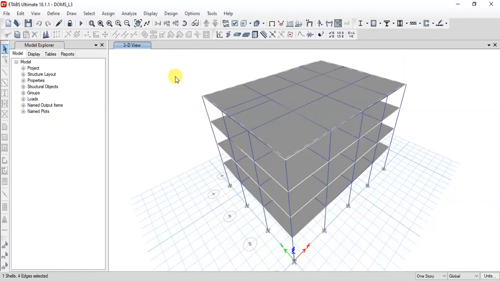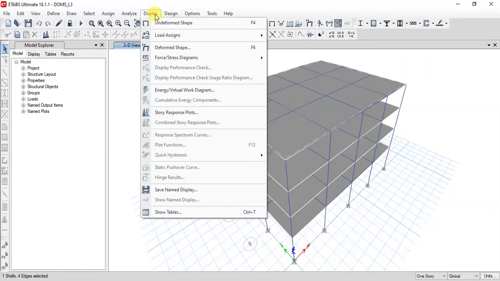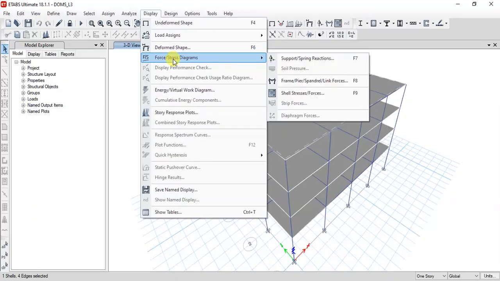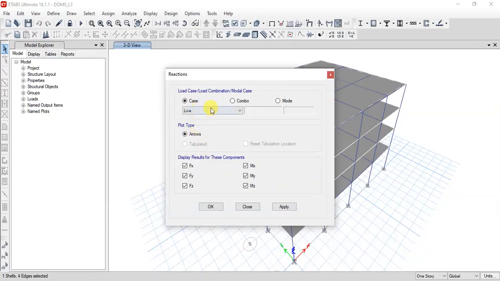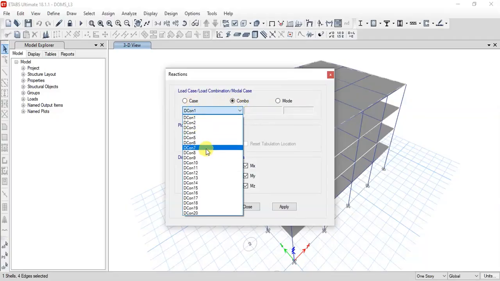If you want to see the support reactions and the respective values, go to Display here. Under Force/Stress Diagram you have Support and Spring Reactions. Click on that, and similarly you can check the different combinations of force or different types of loads.